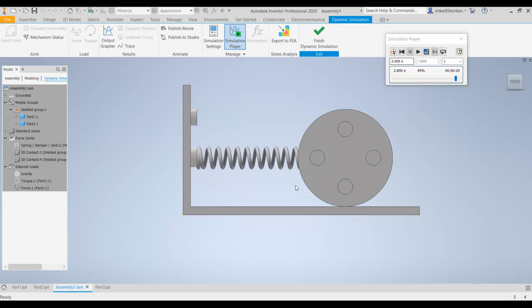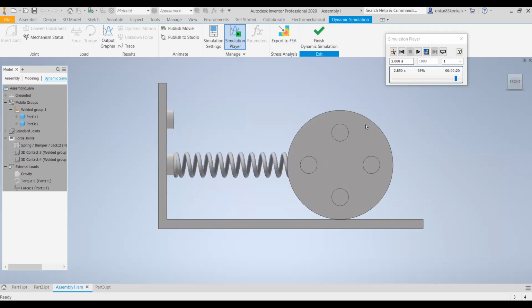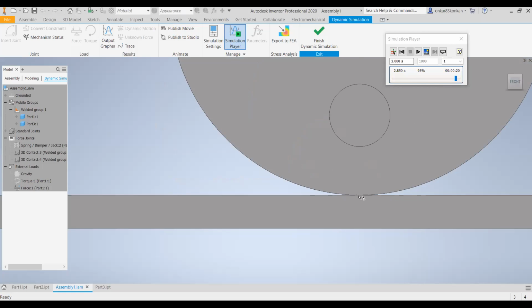Here you can observe it is a similar system. This is the disc, roller, or the wheel. It is resting on this horizontal surface. Its center, which is basically a pivot point, is connected to this fixed support by this spring. When we apply a very small torque or force on this disc, it has the tendency to roll about this point, which is the point of contact.